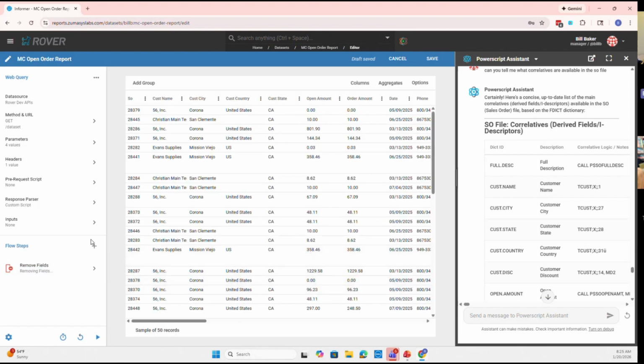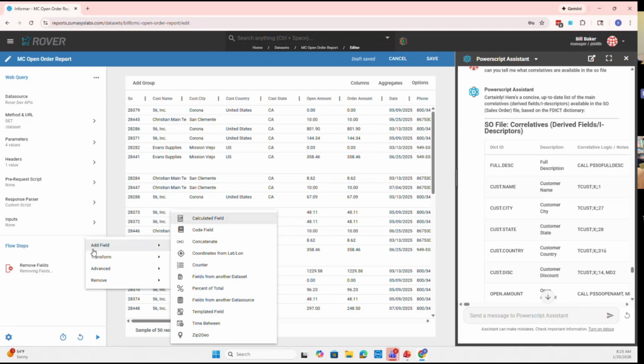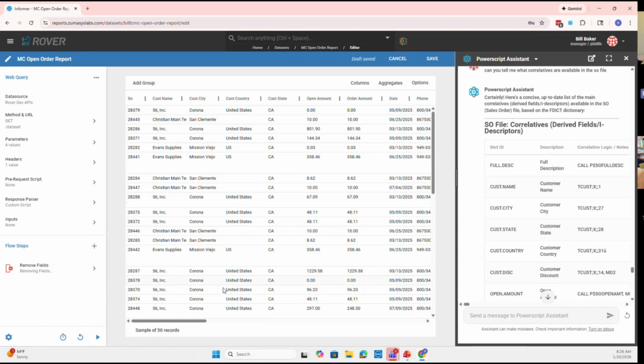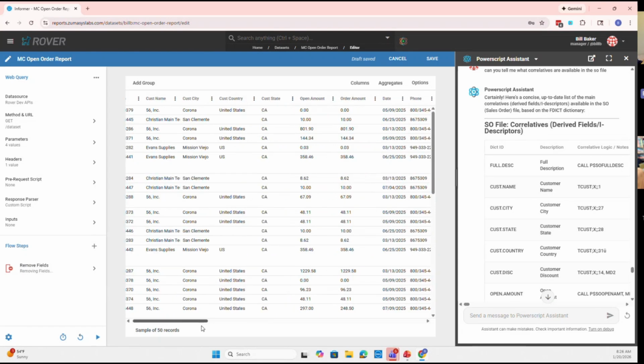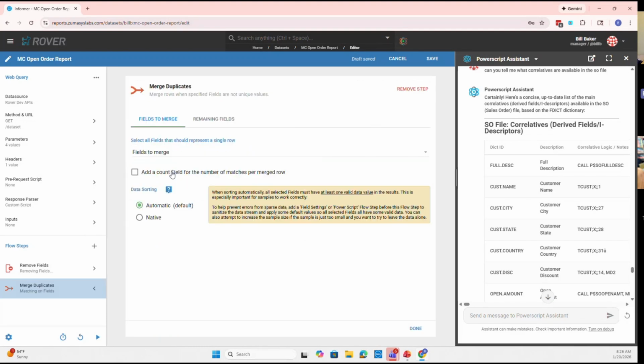Okay. All right. So the next flow step that we're going to talk about is kind of an advanced one. It's in transform, but it's merge duplicates. So merge duplicates is a way I like to think about as grouping things differently. So let's say an example here, I've got my open SOs, but I want them grouped by customer for some reason. So I'm going to go into merge duplicates